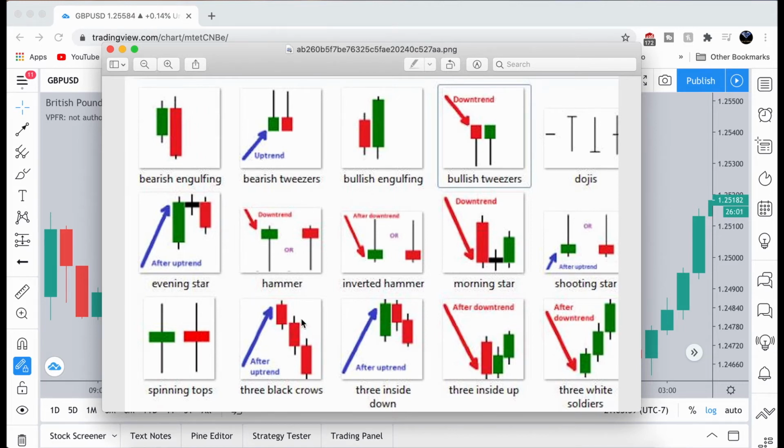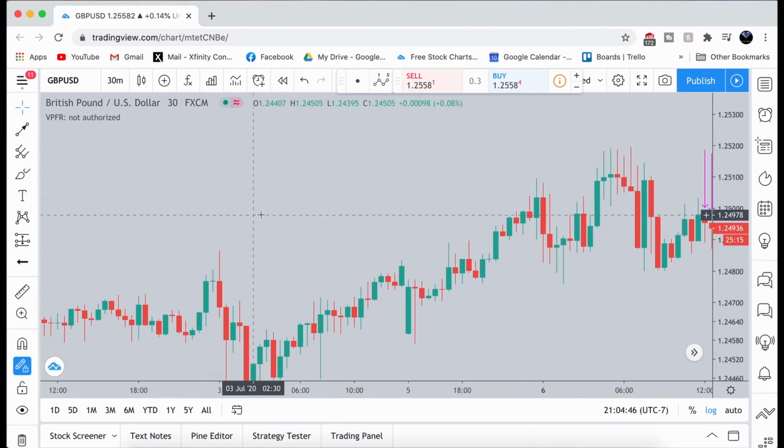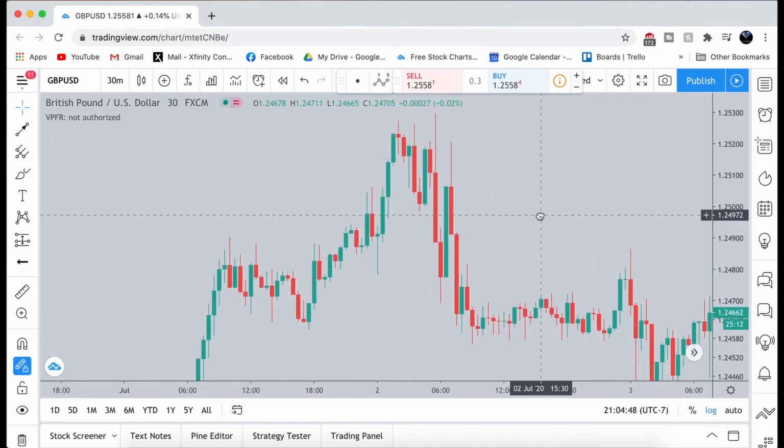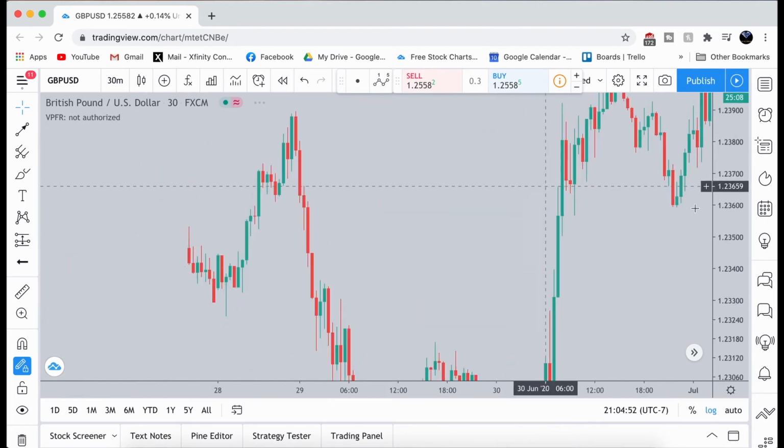All of these are different price reversal patterns that can give traders a clue as to where the market might turn around or in what direction the market's actually going. I'm not going to explain each and every one of these, but I do want to find an instance of this hammer, as it is a very common candle pattern that you see. And I'd like to show you guys an example on the chart and tell you a little bit about what story that tells. So let's see if we can find one of those perfect hammer candles here somewhere on the